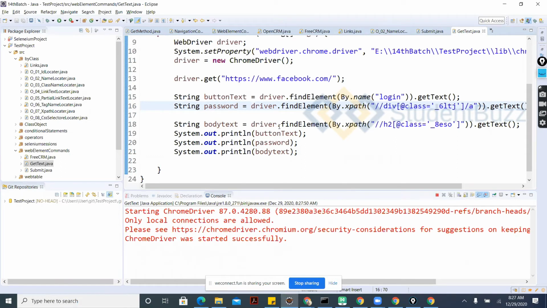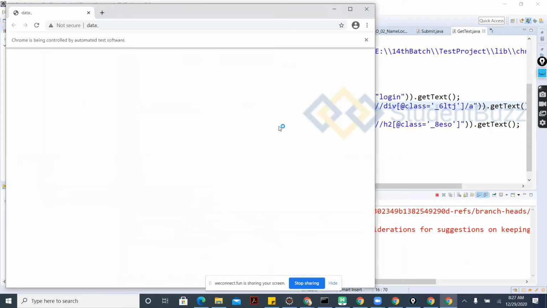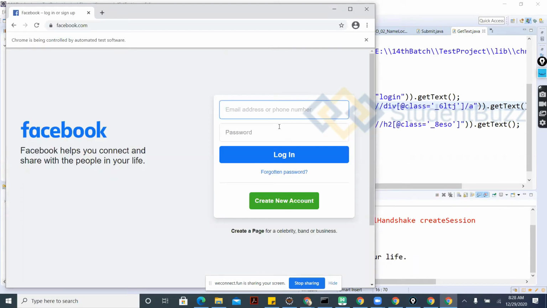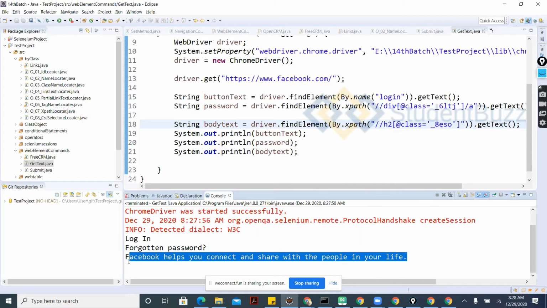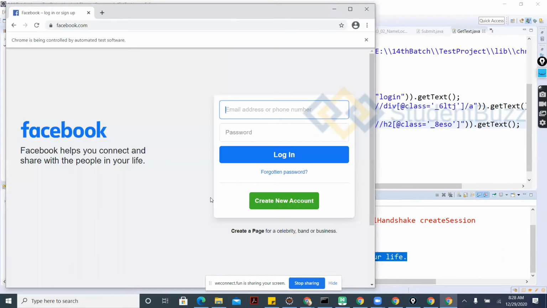Run as Java application. It shows login button, forget password, connect. Facebook helps you to connect. Okay, so I hope you guys can get this button value and everything right now.